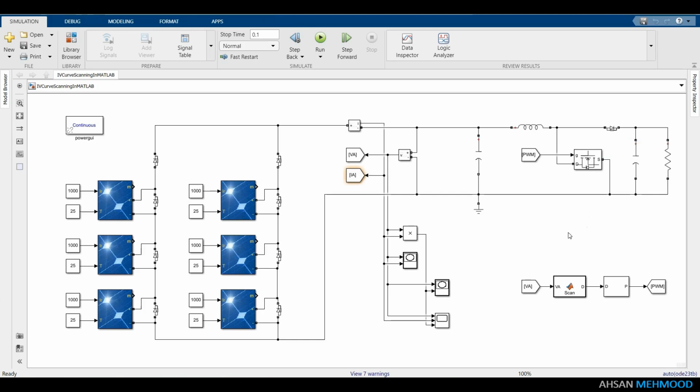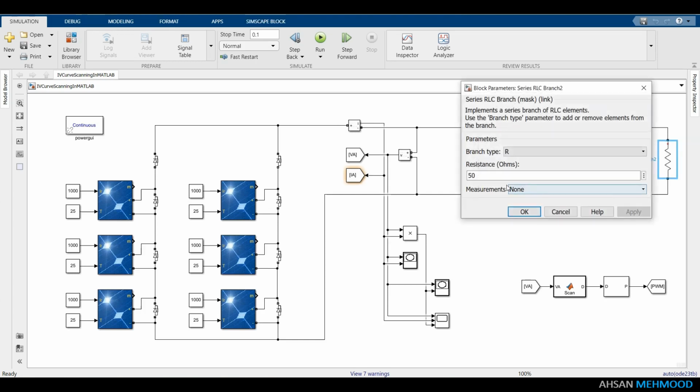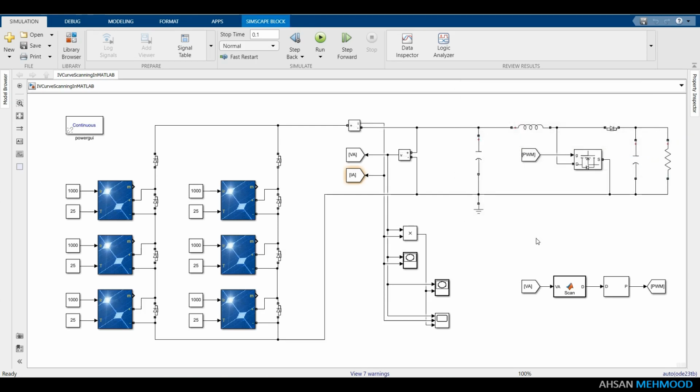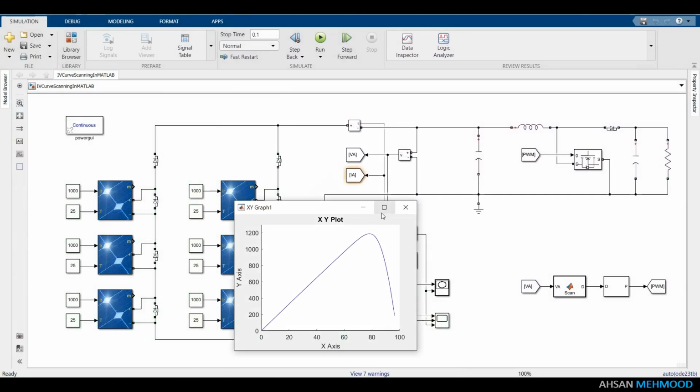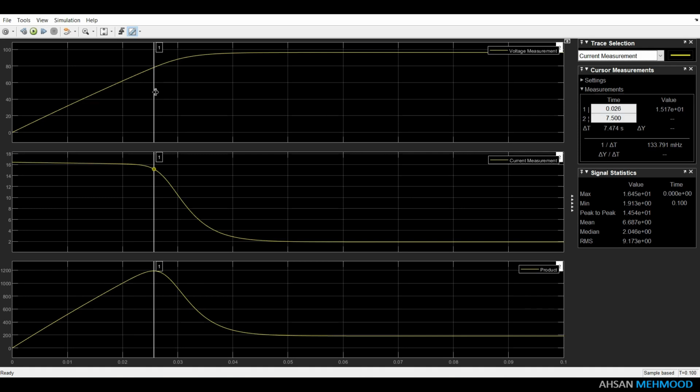The first reason is that while scanning the IV curve, the boost converter should consume the least amount of current from the PV array. The second reason is that the reflected load resistance at the PV array's output is finite. To explain the second reason, you need to look at the PV curve in the XY graph closely. You will see that power does not completely settle down to zero in the open circuit region. Similarly, if you look at the voltage graph in the scope window, you will note that the array voltage in the open circuit region, which is 96.4 volt, is lower than the open circuit voltage, which is 97.9 volt, as determined by the offline IV curve scanner circuit.